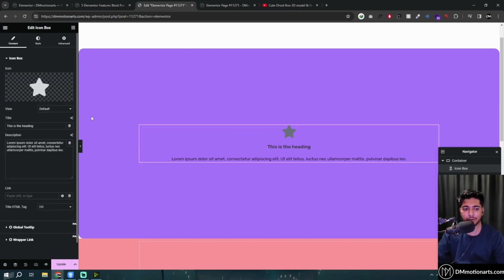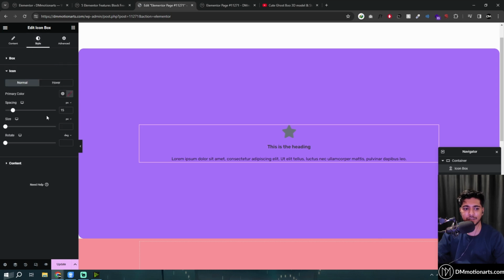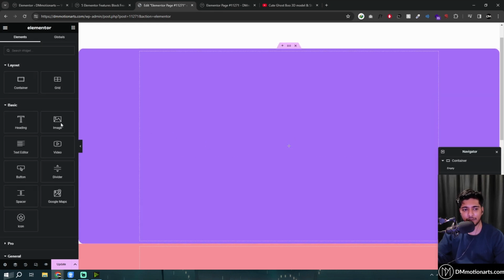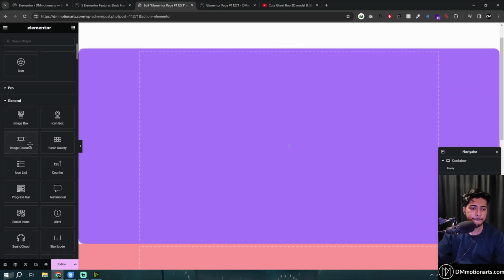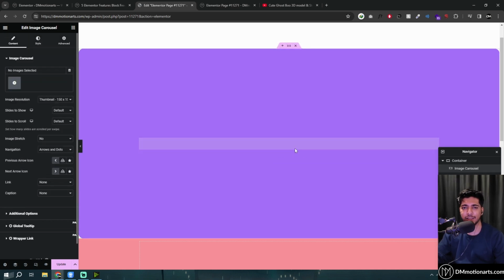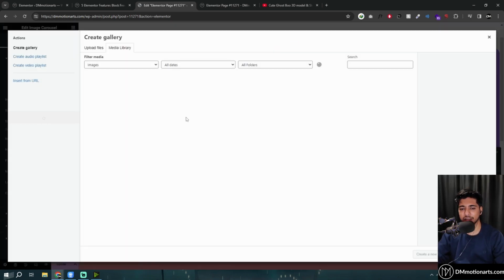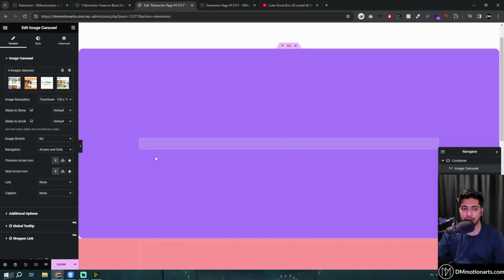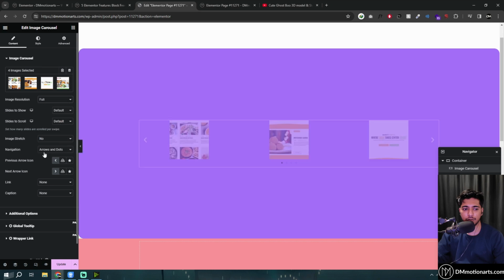Everything is the same. I'm not going to show you this one, except we just have an icon option with the hover. Nothing different, just instead of image we have icon. This is very normal. You just click image carousel, choose whichever you want, create new gallery, go into full,